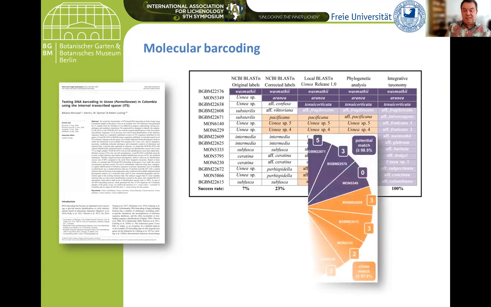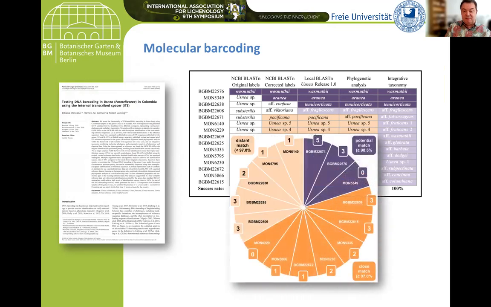And the problem is mostly here, as we can see in what we call a barcoding wheel, is that most of these species have no match of the same species in the reference database. So what they come up with is the closest match, and the closest match is often far away, and that gives you, of course, the wrong or uncertain identifications. So this idea of automatically identifying species with barcoding will only work once we have sequenced all species and we have accurate and complete databases. And that's a long way to go. That can only be completed by taxonomists and by experts.